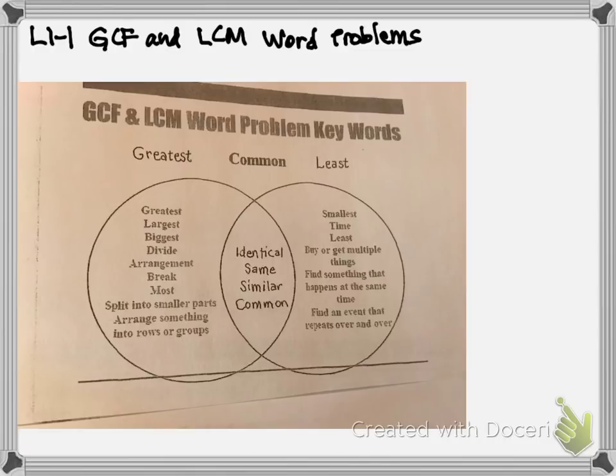So what we have here is a Venn diagram, and you can notice that there are 4 words in the center that are the same for both of them, and those are the words that stand for common: identical, same, similar, common. So in other words, those words are not going to help us figure out if this is a GCF or an LCM word problem. Okay, so let's look on the left side, because the words on the left side, these are the words that do mean